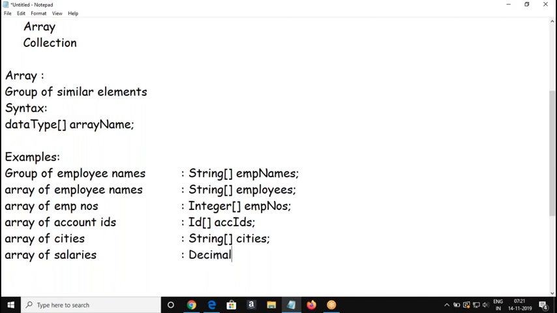Suppose that salary is a decimal value. This is how you will declare a variable of array type. This can be of any type actually. You can use any type of